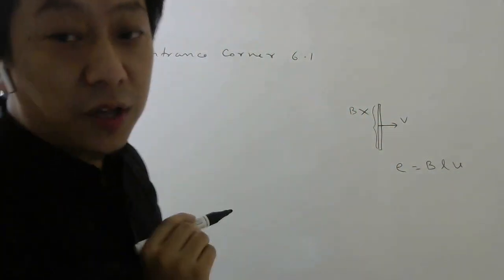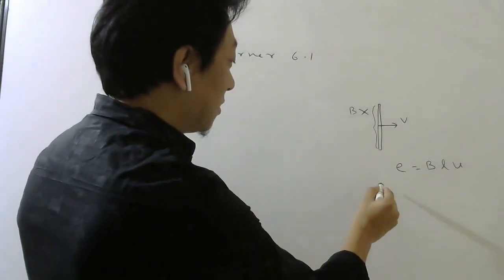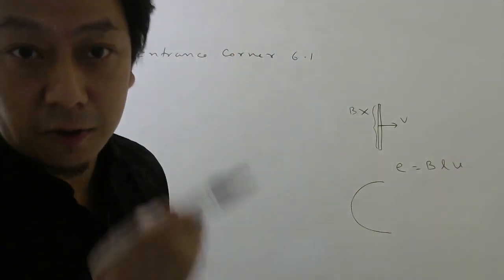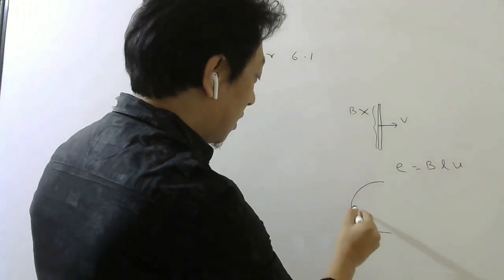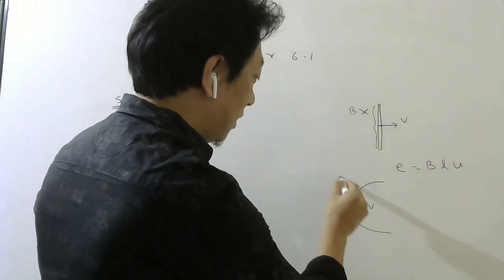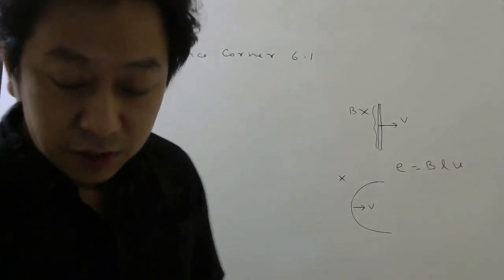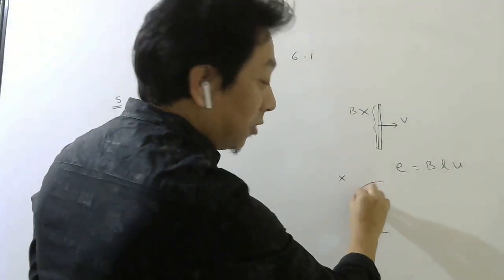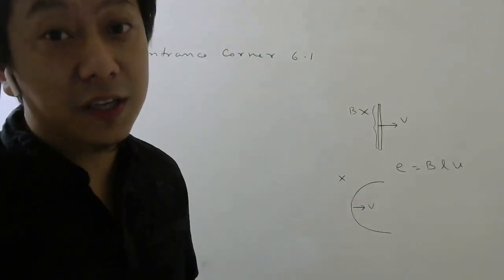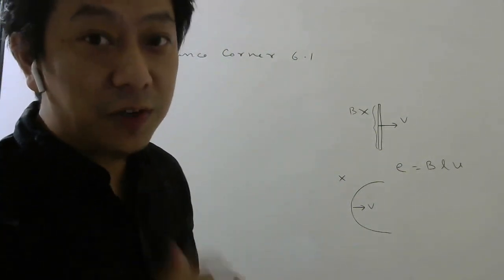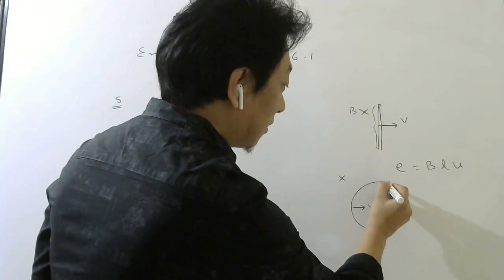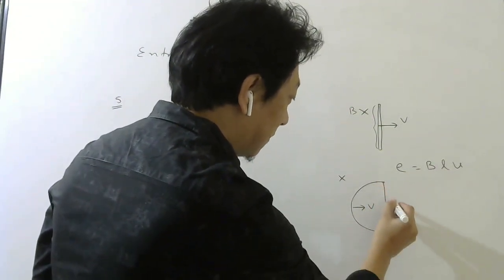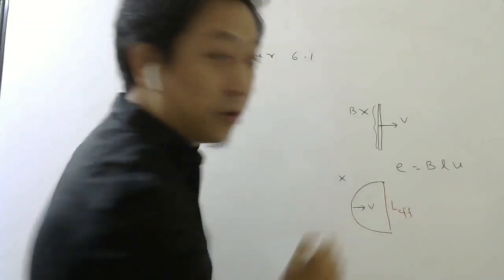Okay, now for entrance exam, one thing you try to remember, sometimes they will give you curved wires. So if this curved wire is moving with some velocity v in a magnetic field B, then what you have to do? Then you have to actually find EMF for small pieces, and then you have to integrate. That will take time. So the best way to remember is effective length from one end to the other end. You find the effective length. This is your effective length.